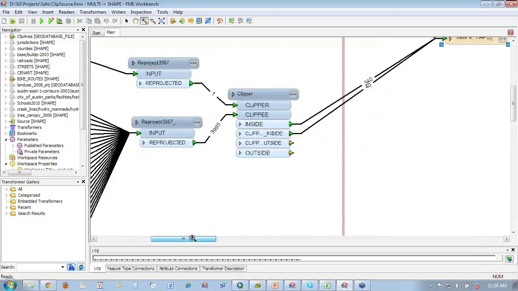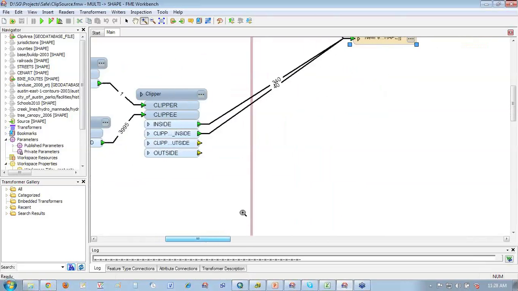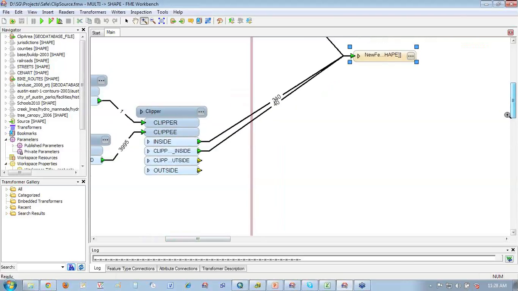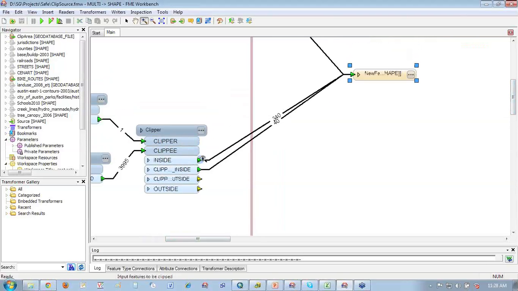We reprojected those things. We clipped them with the polygon. We ended up, in this case, with about 304, well, actually precisely 340 that were inside the clip area and 40 that got clipped on the boundary. And what that did is it wrote the new bike routes shapefile in the folder that I specified, which is actually in my source directory. And some of my subsequent tools now will work off of that source data set.